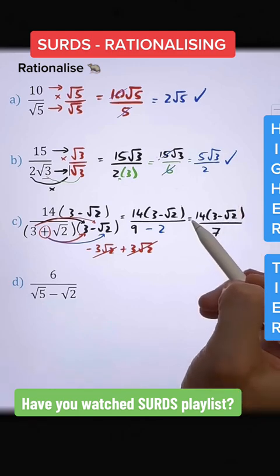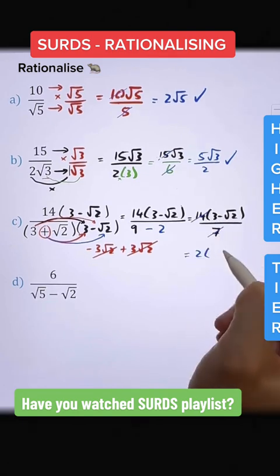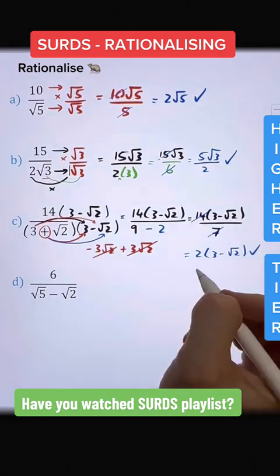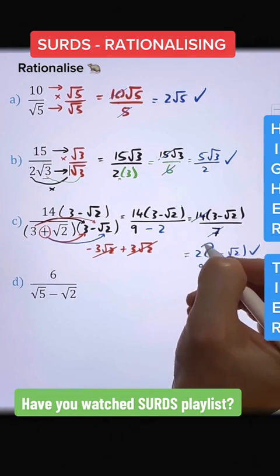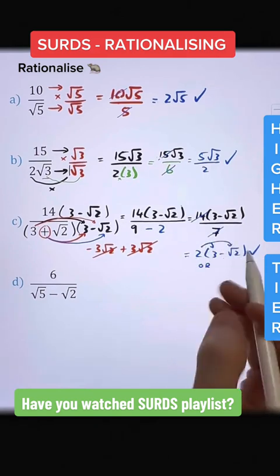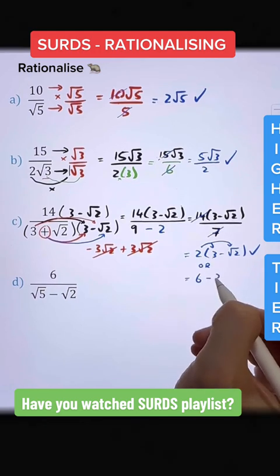Simplifying my fraction, I can see that 14 divided by 7 gives us 2. So I've got 2 lots and in single brackets 3 minus root 2 as my final answer. Or I could expand my single bracket. Whatever's outside, I multiply by each term directly inside. So 2 times 3 will give us 6, and 2 times negative root